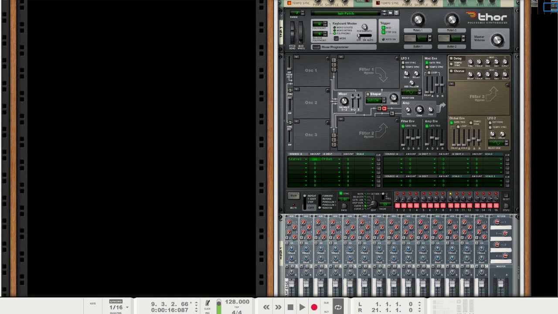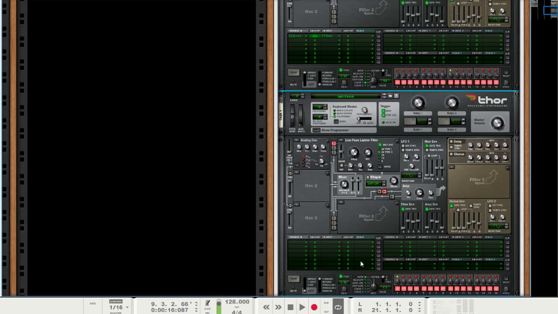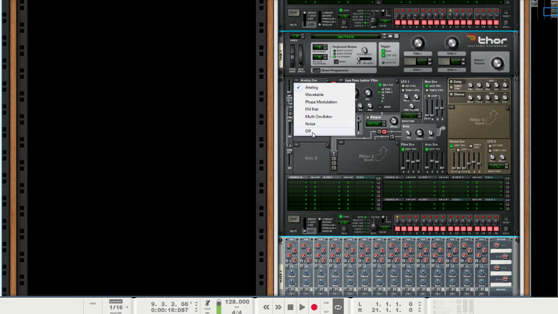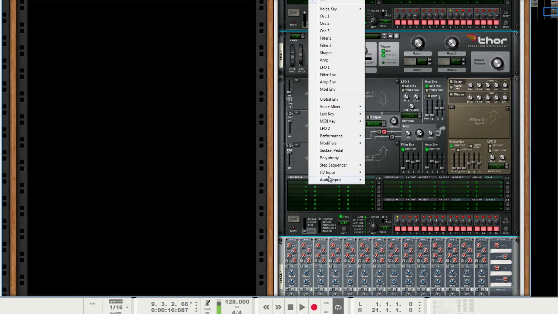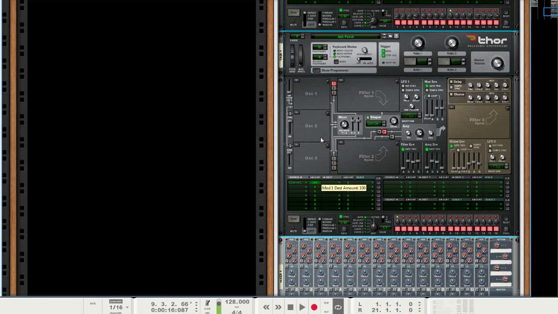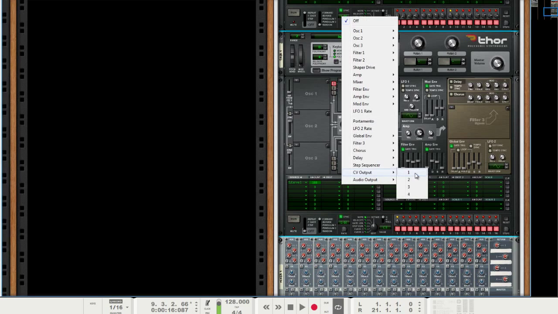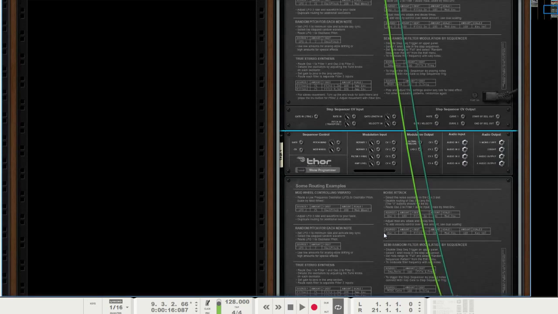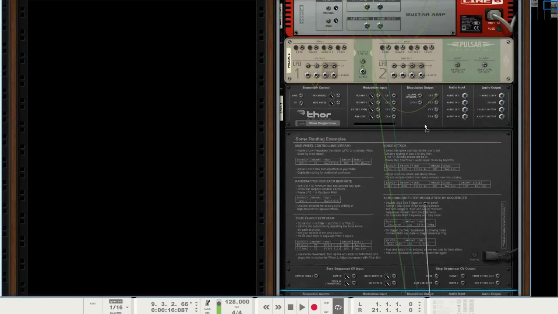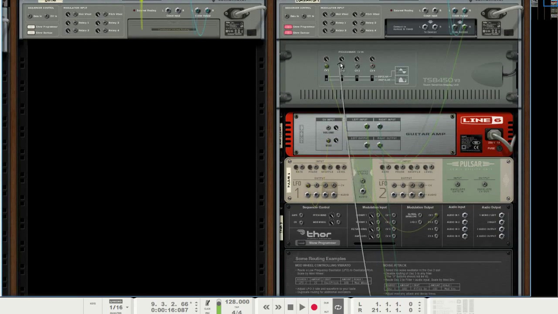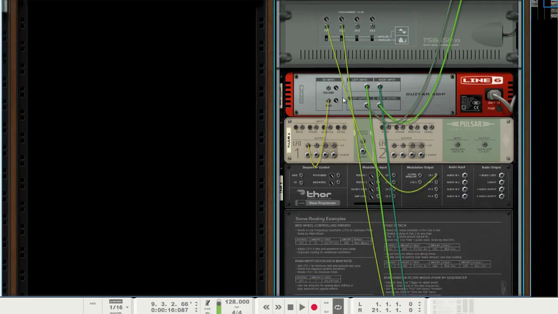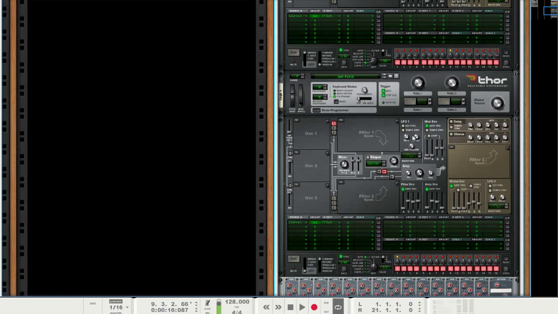So I'm going to add in another Thor, hold down the Shift key, open it up, turn all this junk off, and do curve 1, output to CV output 1. I'm going to come to the back, grab my modulation output 1 into CV2 of the combinator, change this to unipolar,